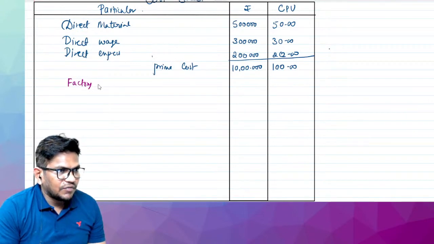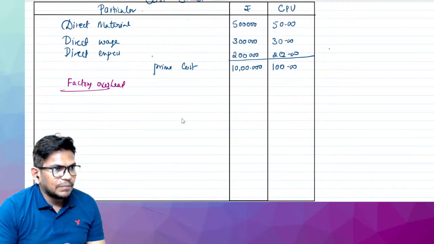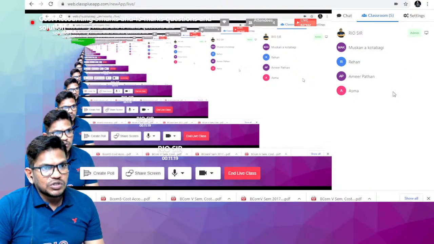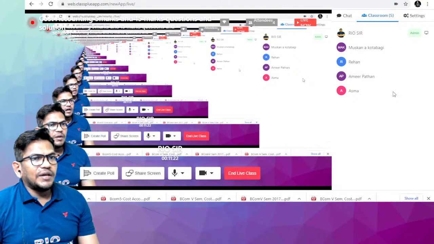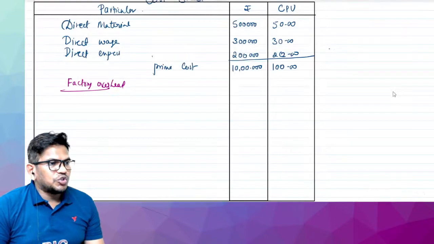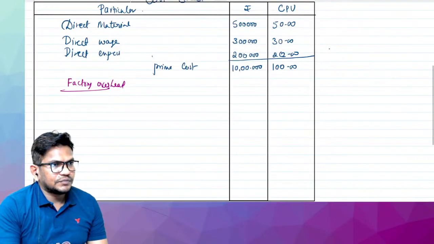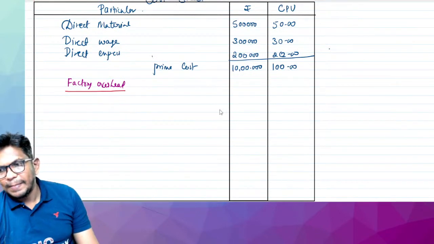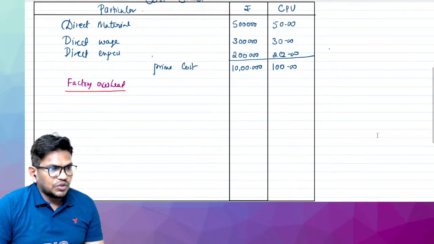Factory overhead. बच्चों आप लोग हैं या नहीं? You can ask your doubt, my dear student. मुस्कान, रिहान, आमिर, आसमा, जो भी डाउट है पूछो मेरे को। ಡೌಟ್ ಏನಿದ್ರೆ ಕೇಳಬಹುದು। चलो चलो चलो।